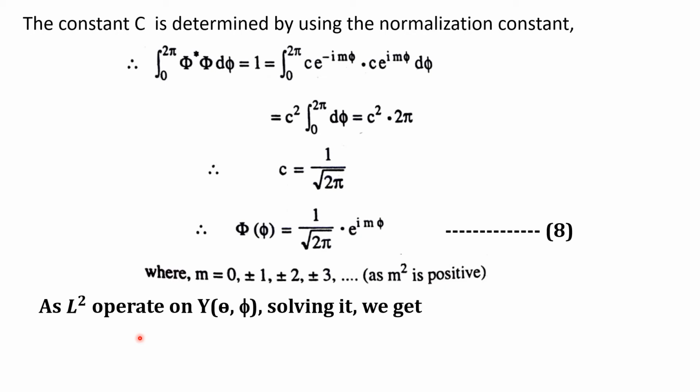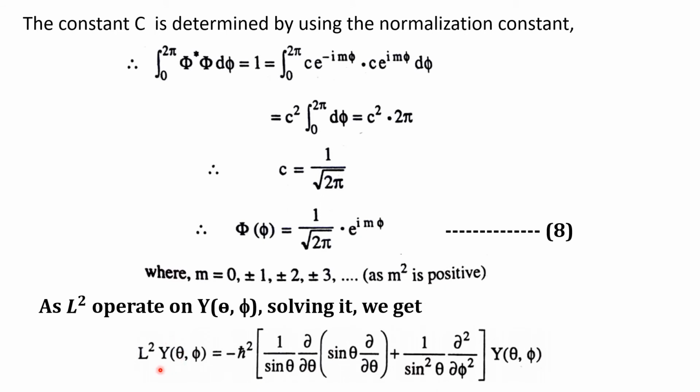Then we find L square operating on the function Y, which is a function of theta and phi. How do we solve it? Initially we put the value of L square in the spherical polar coordinate system. In the first case, it is L square Y theta phi equal to minus